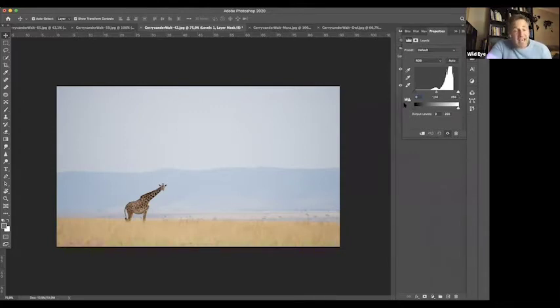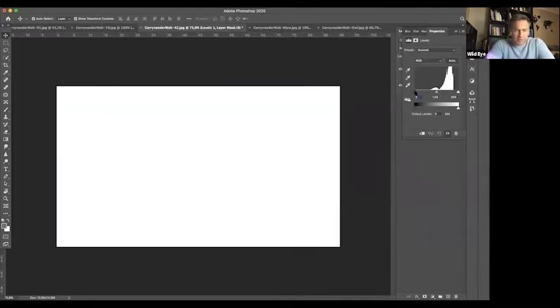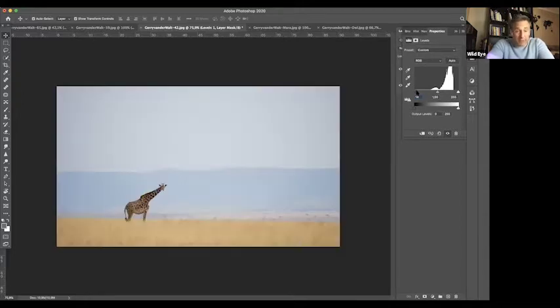Now, the same as in Lightroom, you can hold this black slider and hold Option on a Mac, and I think it's Alt on a PC. Watch what happens to the image. It turns to white. If I take it up, exactly the same as Lightroom, guys, exactly the same, you can figure out where your black point is. So that little bit of color you're seeing on the giraffe's neck is pure black now, and release.